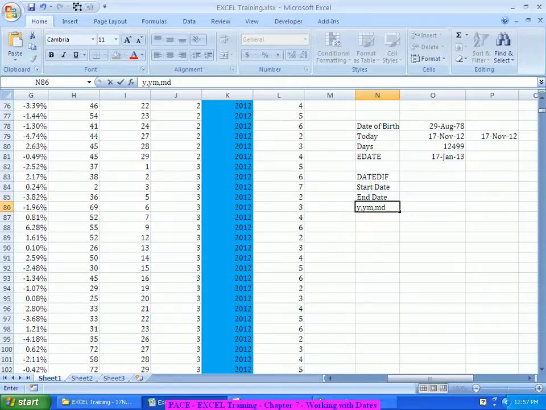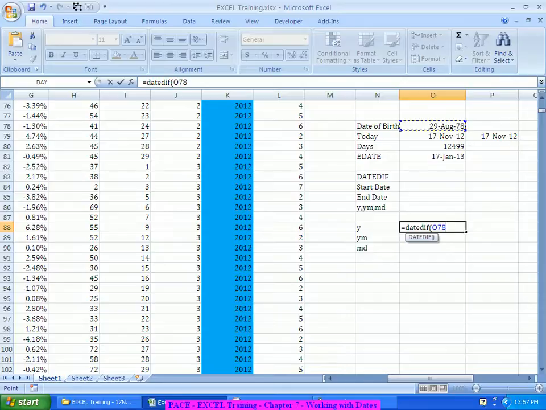So let me start off with that. Years, YM and MD, these three I'll use. If you see here, I'll have to type it fully like this: equal to DATEDIF with an open bracket. I'll not get any help. The first thing I have to enter is the start date. I cannot go into the FX box here. I'll have to enter it here itself. Start date is the date of birth, comma, end date, which is today's date,